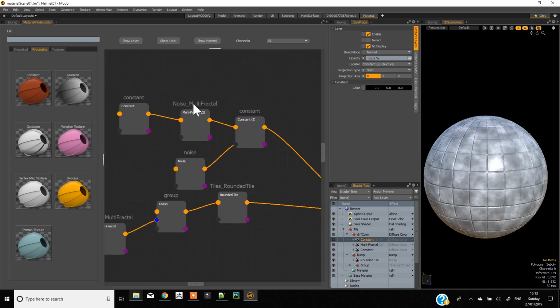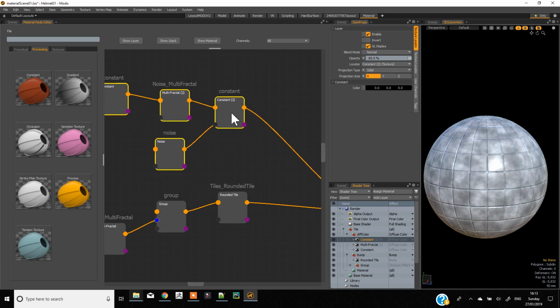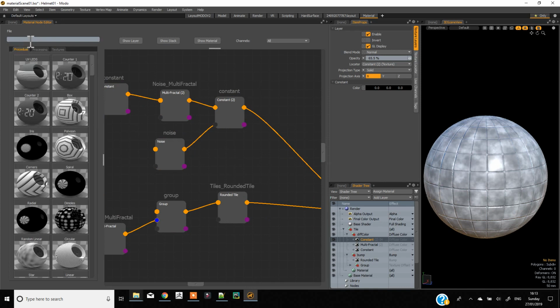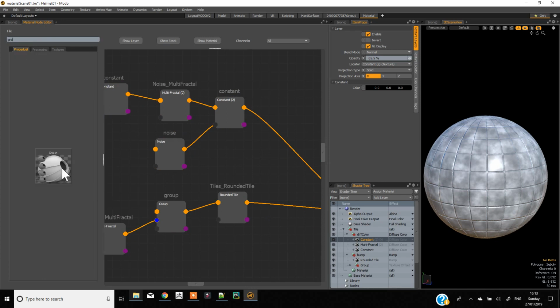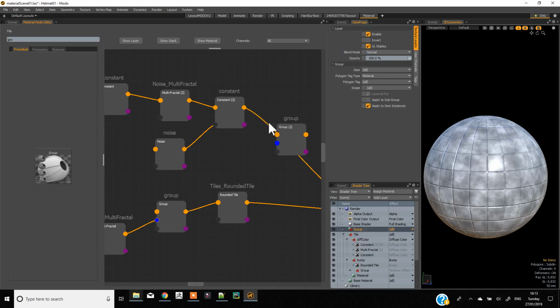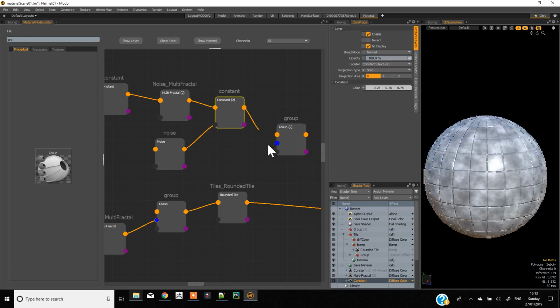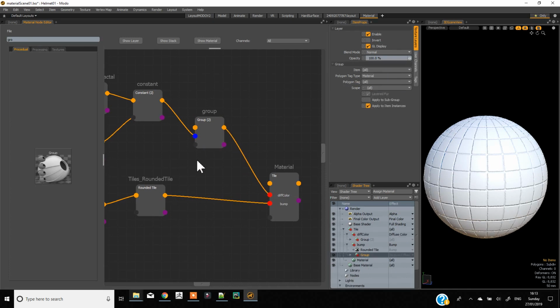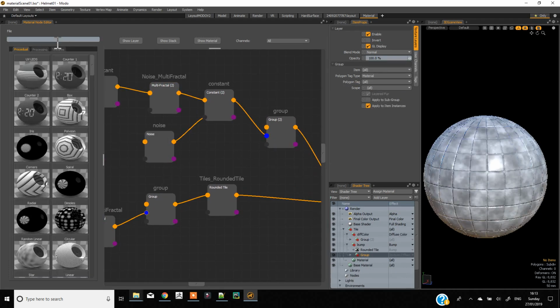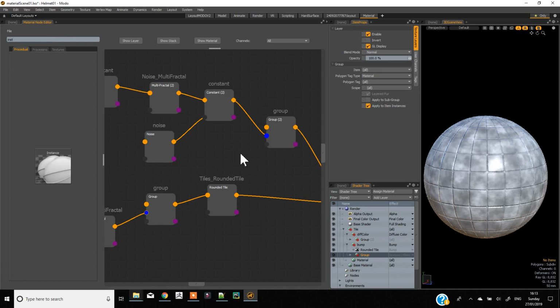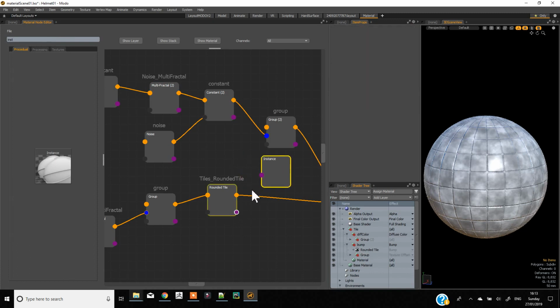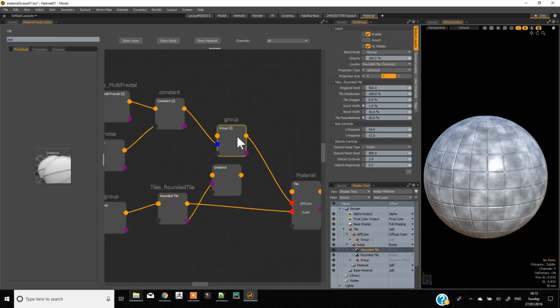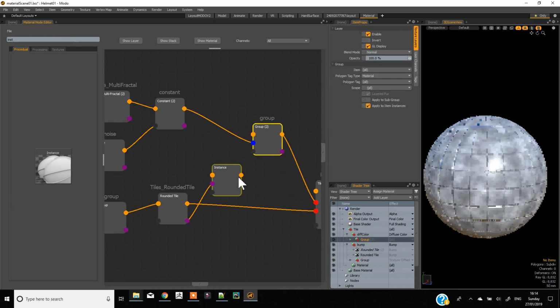So, at the moment the whole material sort of is the same colour, but we want the grouting of the tiles to look a bit different. So if we add another group node to our scene, we disconnect our colour, plug it into our group. Now if we create an instance of our tile texture, plug this into the mask of our group,